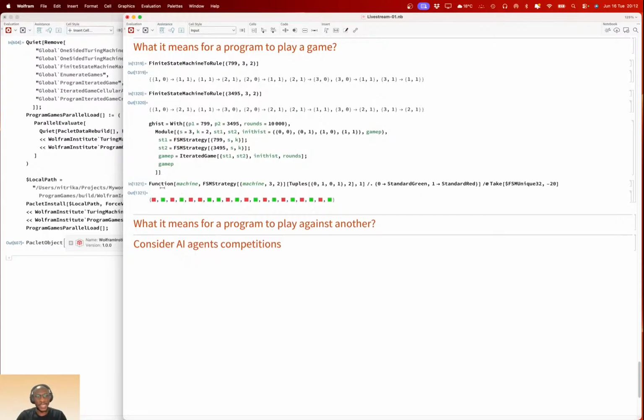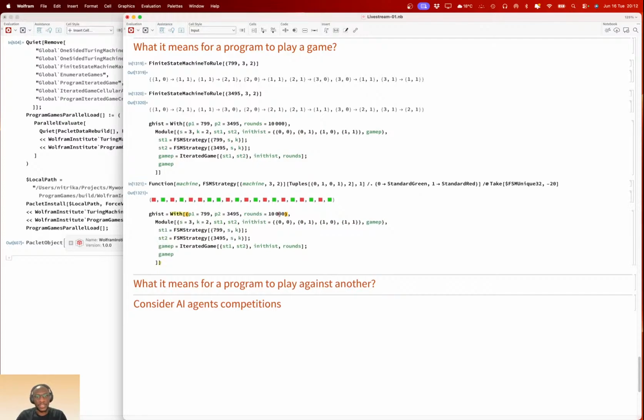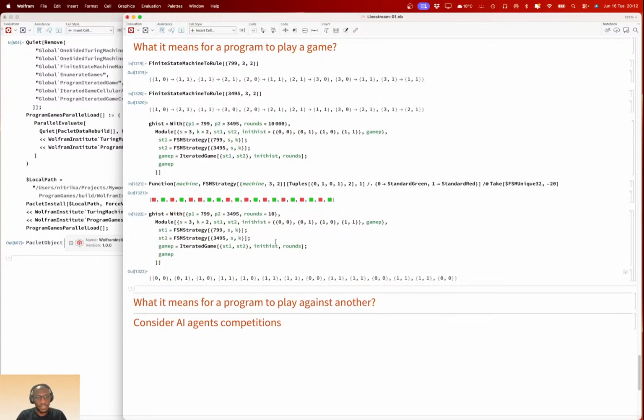And what you will get at the end is, let's pull this here. At the end, what you get, let's just go on 10 rounds. At the end, what you get is this. This is what it means for a program to play a game. Because right now we're just using k equals 2, right?